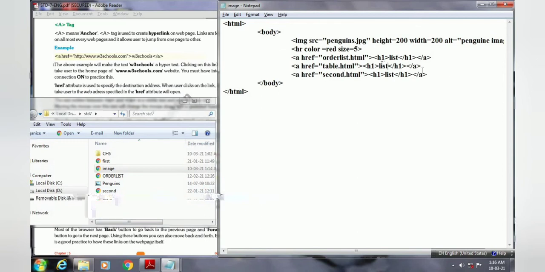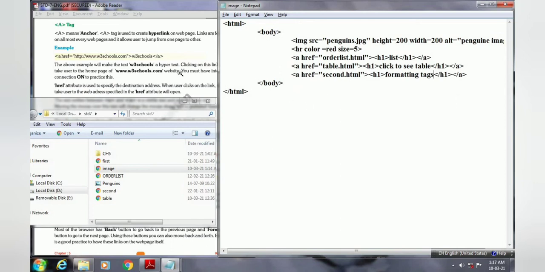Now here we will write the link text: Click to see table. This is our link. So when I click on this content, I will be redirected to my table. And here I am writing Formatting text. So now our web page is ready, in which we have placed all the links.